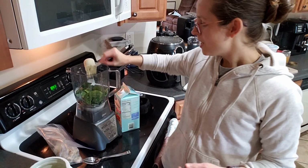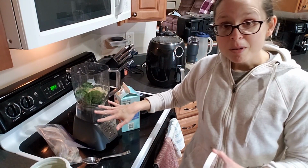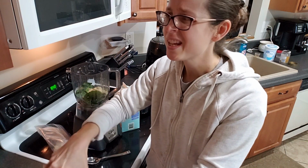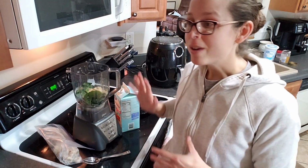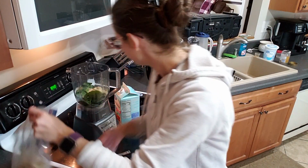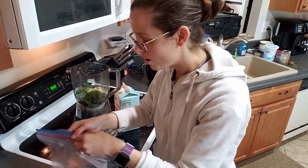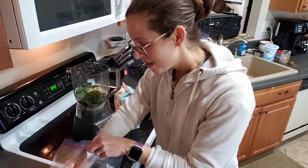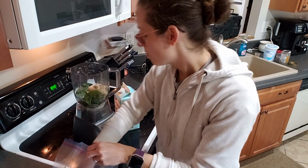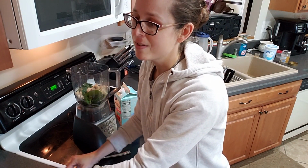So my smoothies are pretty basic. I just like to add almond milk and then definitely some spinach or some sort of vegetable, because I don't see the point of drinking a smoothie if you don't add any vegetables to it. So I have almond milk, spinach, the protein powder, and then today I'm just gonna add a whole banana. Sometimes I will add some peanut butter powder or sometimes strawberries or blueberries if I have it,